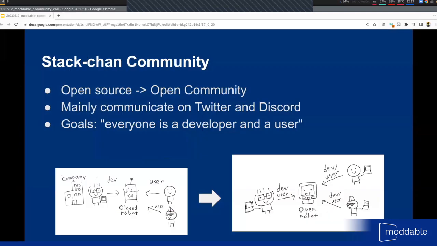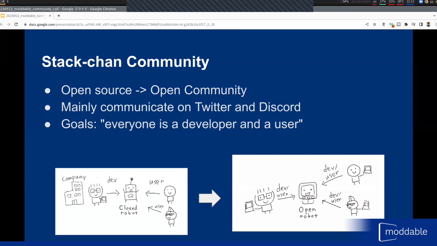Being open source means that StackChain's hardware design data, such as circuits and outer casing, and all its programs are publicly available, so anyone can build or modify it. We have been sharing StackChain for almost 2 years now, and during this time, various individuals have created their own versions of StackChain. In this process, a natural gathering of the StackChain community, essentially people who create and adore StackChain, has